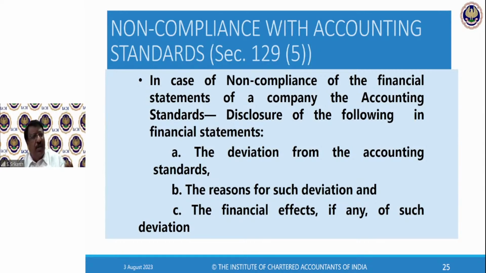I'm not able to give you any example because I'm not able to conceive a situation where a company would be actually non-compliant. Because if they do that, what big benefit for them? Because let us say that you are non-compliant, you are going to disclose the financial effect now. So any intelligent shareholder will immediately make out, for example, there is a provisioning of liability issue. You are saying that it is contingent liability. I'm clearly saying, Baba, the liability is very much there on top of you. Please make a provision for it.